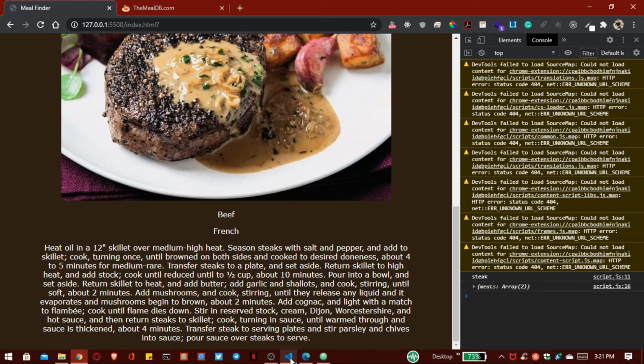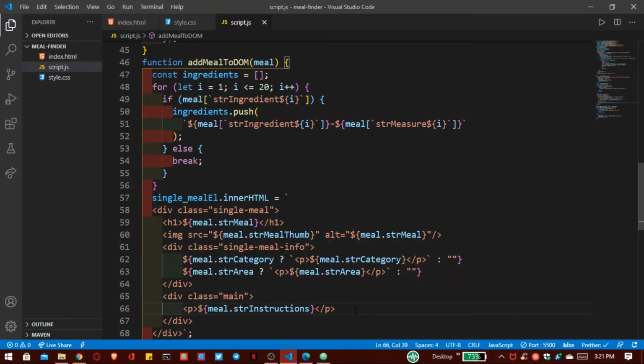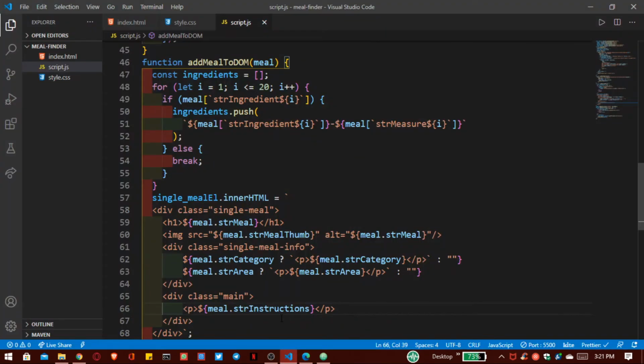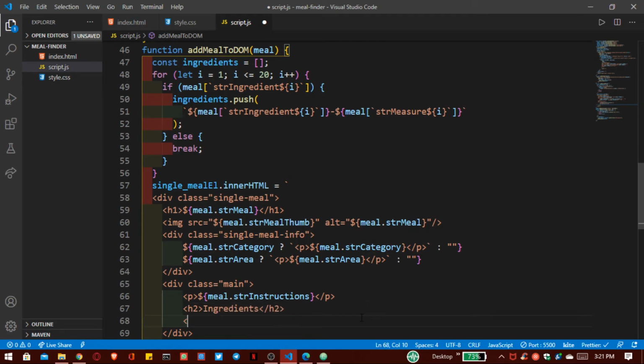This is nice. Then we have to pass our ingredients also. So for that I write here inside our h2 tag ingredients. Then we have to print all of them inside an unordered list.